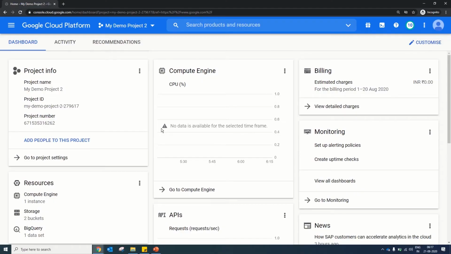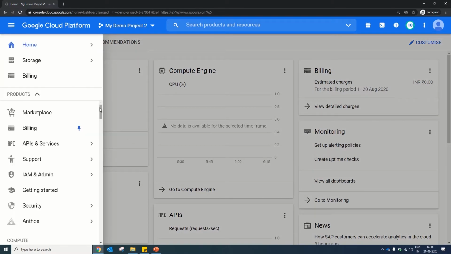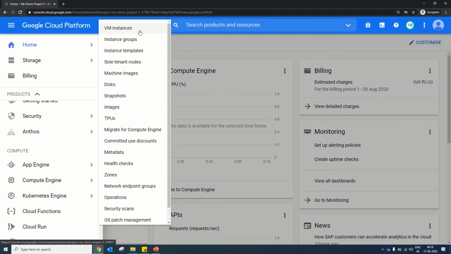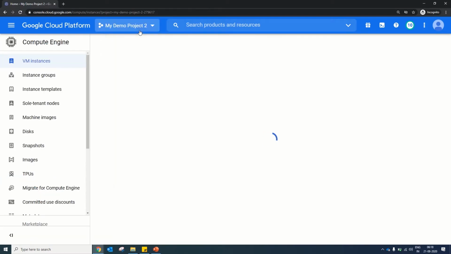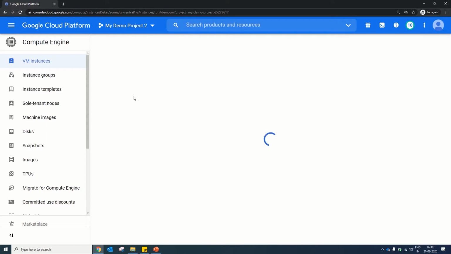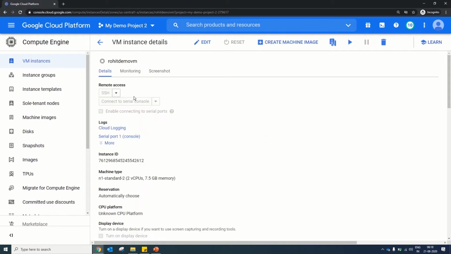Let's explore the disable and enable option of live migration from Google Cloud Console. For this, you need to go to Compute Engine and in Compute Engine, go to VM instances. Once you reach the VM instances page, you need to select the particular VM for which you want to change this option. We have only one VM here, so you need to click here and it will open the properties of the VM instance. Once the properties are open, you can view the current settings.